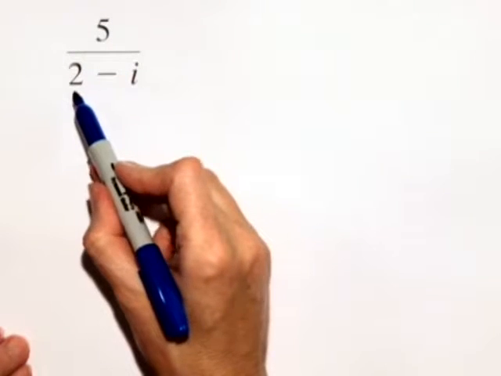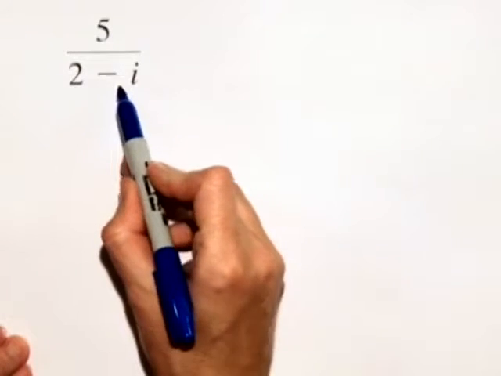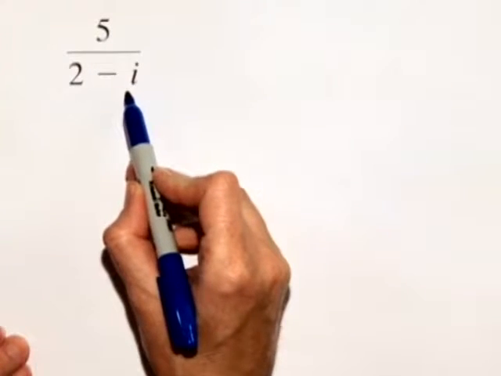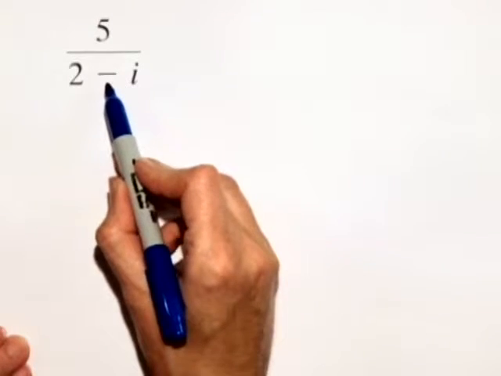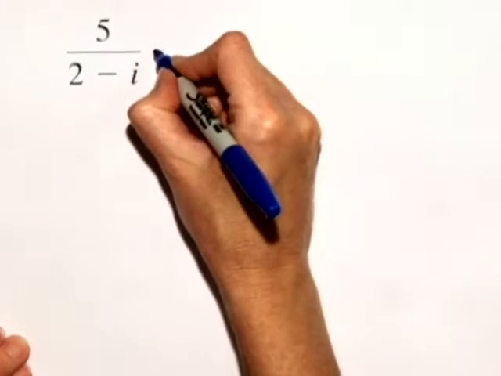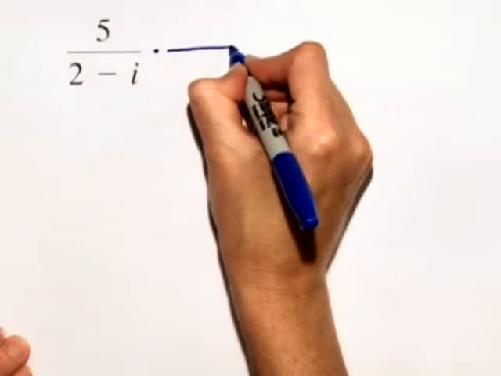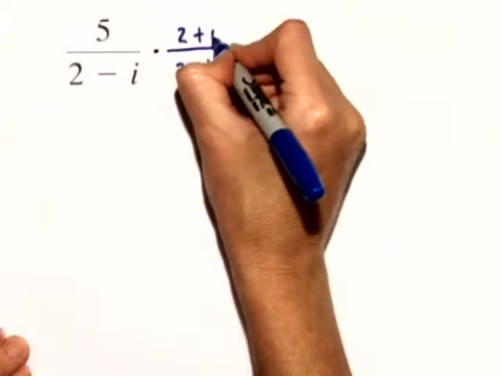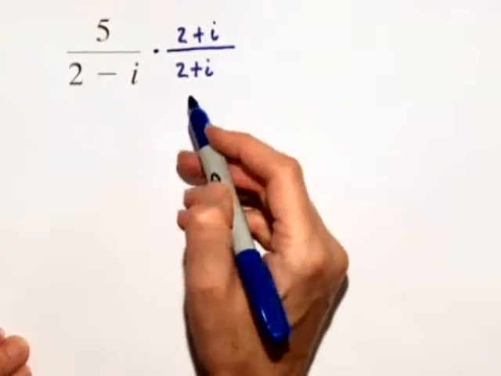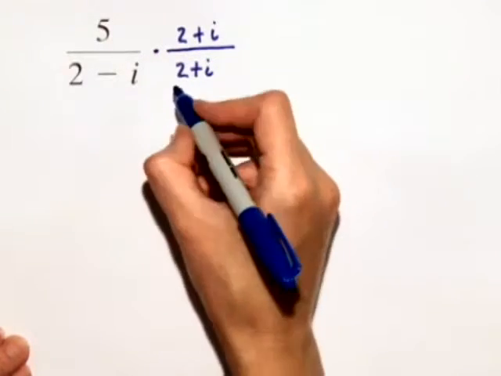And the complex conjugate looks just like this complex number, 2 minus i, with one exception. We change the sign in the middle, the sign in front of the i. So the conjugate of 2 minus i is going to be 2 plus i. So we multiply both the numerator and denominator by 2 plus i, which does not change the meaning of this